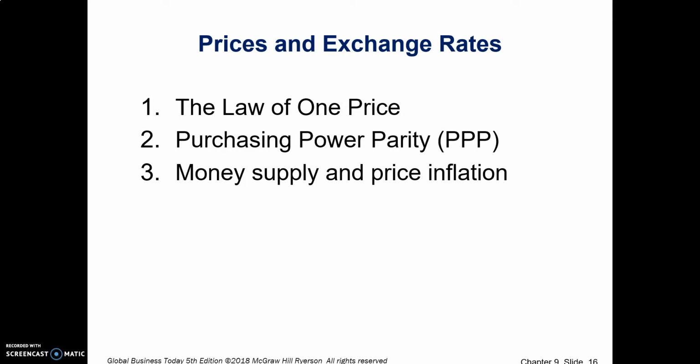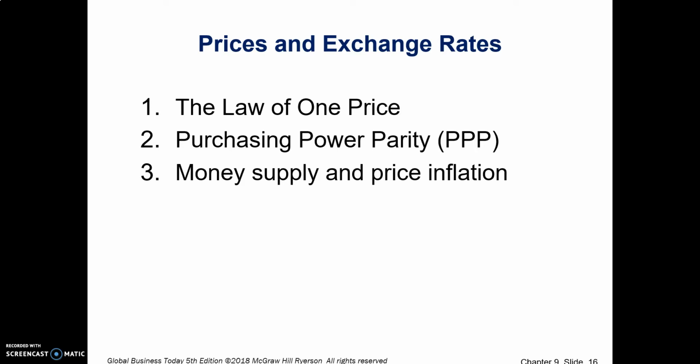There's an example in your textbook, but the math is wrong, so we'll go over it in more detail here. But let's say there's a jacket. I think the example in the textbook talks about jackets. It sells for $75 in the US. What should it sell for in the UK? The exchange rate between the US and UK is £1 equals $2 US. Therefore, the jacket in the UK should cost about $37.50,